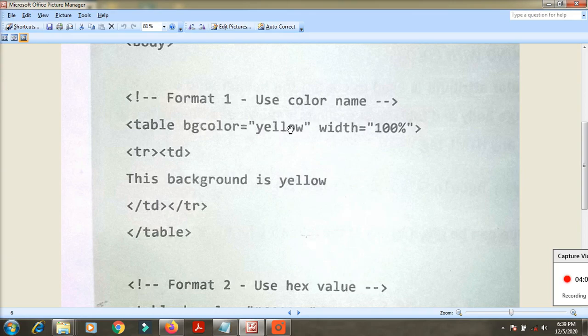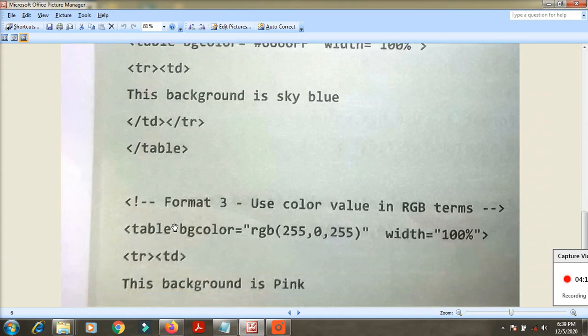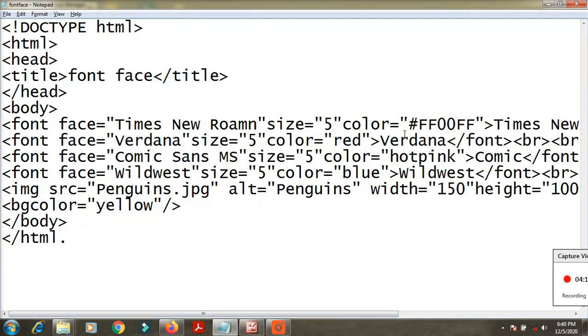The table background color comes yellow, and the table width is 100%. But I am going to do the background color for the full web browser: BG color equal to yellow.